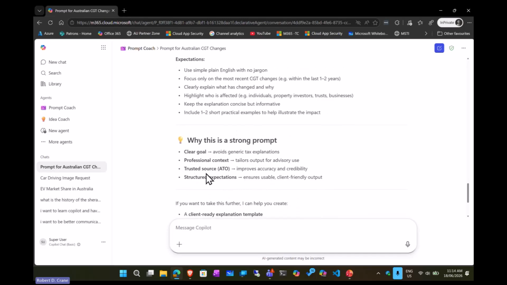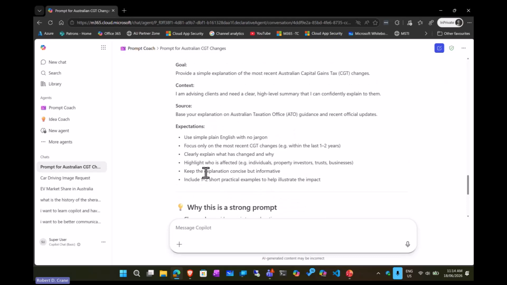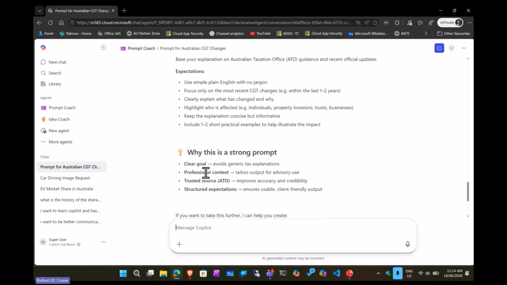It's telling us why it's a good prompt. It's going to get better results. Now, could I have typed this in manually? Absolutely, there's no question. But this is going to help you, especially initially, write better prompts and get generally better